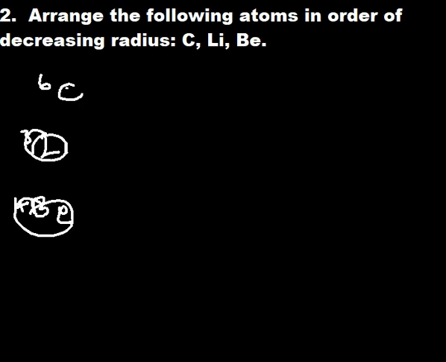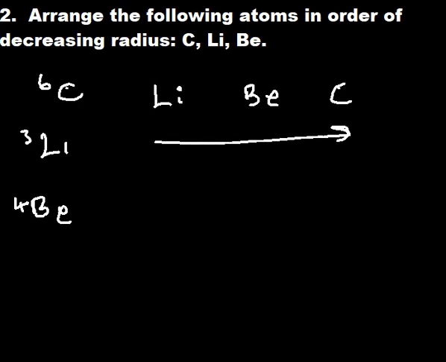Now these atoms are in the same period, and both of them are in the same period. You have to consider the location of the elements on the periodic table. But lithium comes first, then we have beryllium somewhere, and then we have carbon somewhere. As we go across the period from left to right, we are increasing Z, thereby decreasing the atomic radius. So arranging them in order of decreasing, we start with this one, then this one, and finally this one,